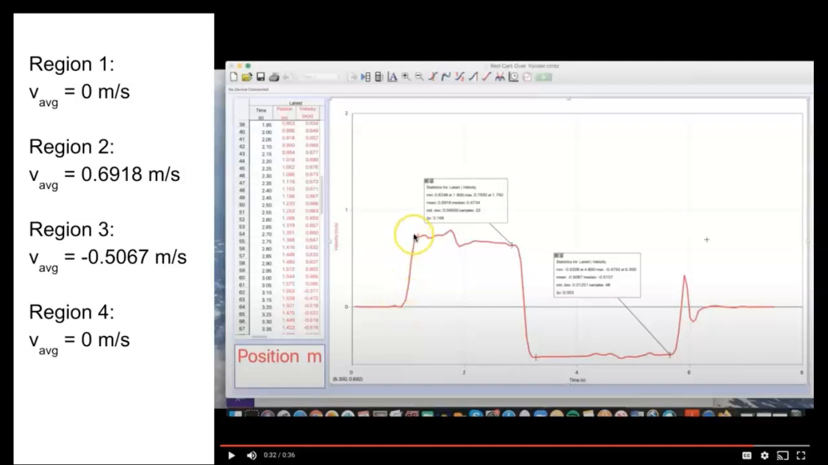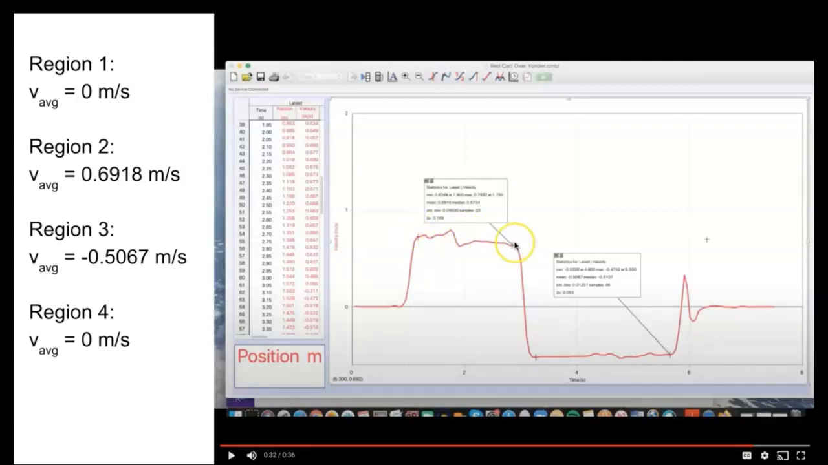Then the velocity very suddenly becomes this value of about 0.7 meters per second. And according to the computer, the average value of the velocity in here is 0.6918 meters per second, which is what we had calculated the slope was on the position graph. So pretty close, almost the exact same value. That is the velocity during this time, and if you look at this graph, it's pretty constant with this little